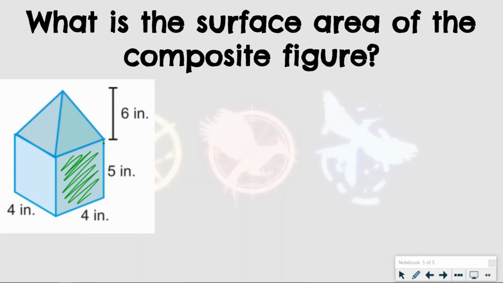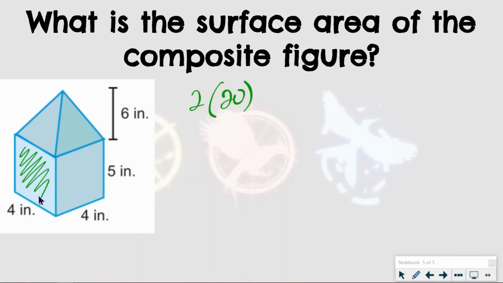I have that one. Length times width for that would be 20. There's another one on the opposite side. Can't see it, but on the back side of that, we have that same face. So I have 20 times 2. Actually, it's going to be times 4, because I really have this face that's identical. This face and the one on the back side that we also can't see, that's another 20. So going around the outside of this, like the lateral area of that rectangular prism would be